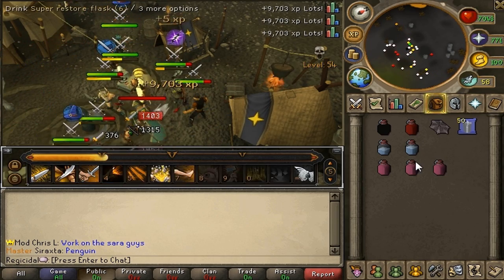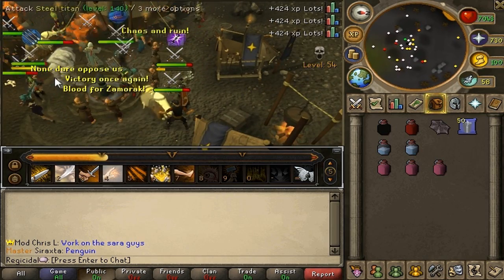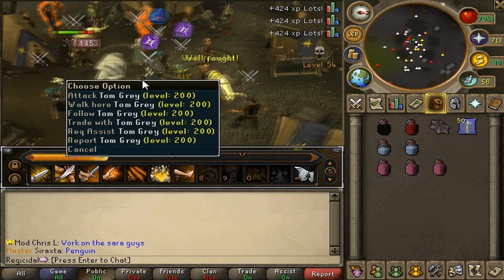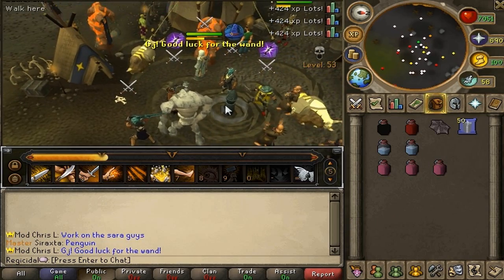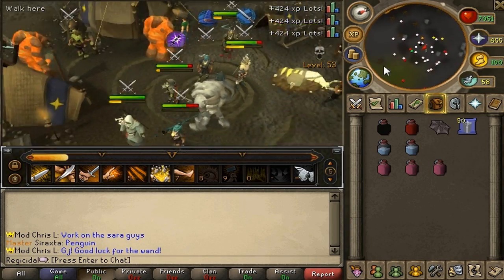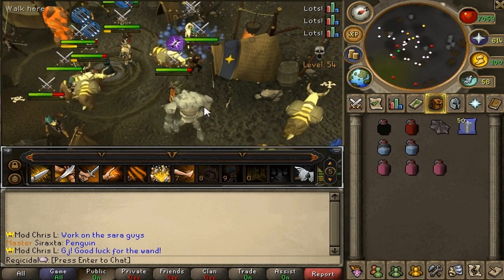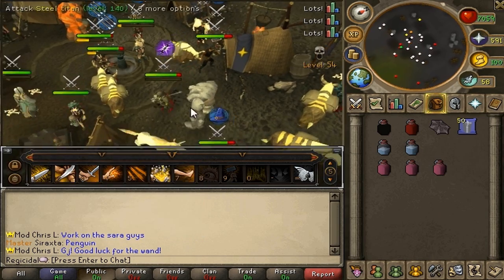So you'll do that, and after a bunch of people do it and a little bit of time goes by, you will take control of the obelisk, and you'll first gain prayer XP, and then you will gain summoning XP. You have to siphon from it twice, and then after that happens, the Saradomin people will come and attack the Zamorak people, and you have to defend the Zamorak people because it's the wilderness, so you run in and you